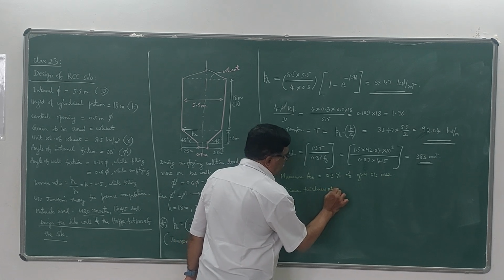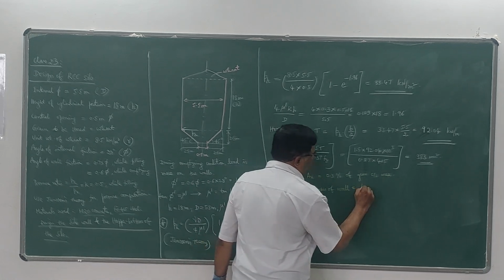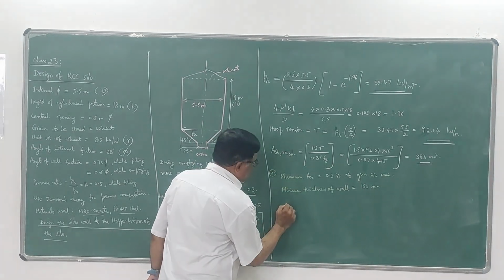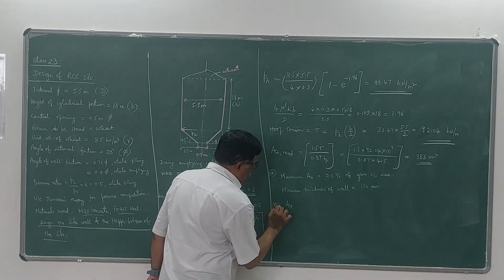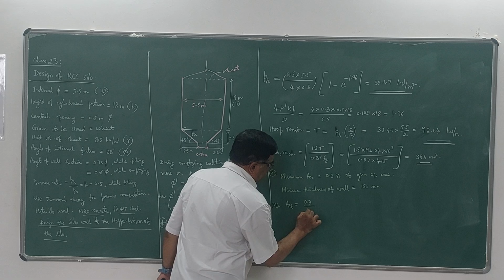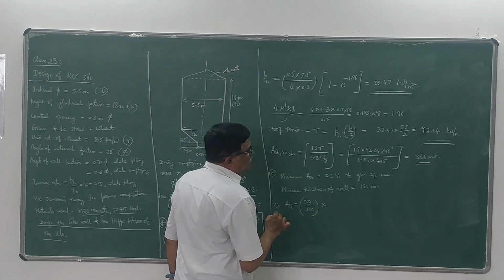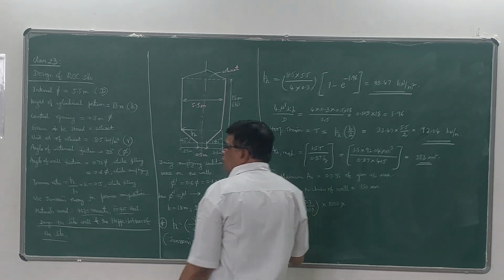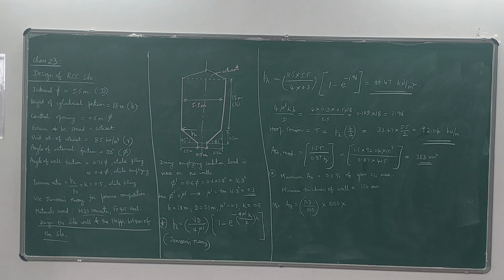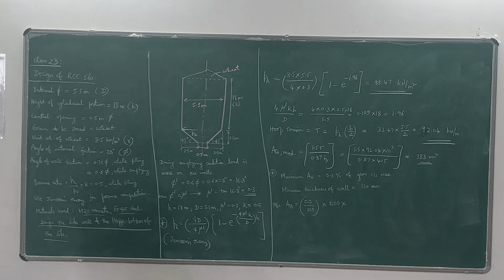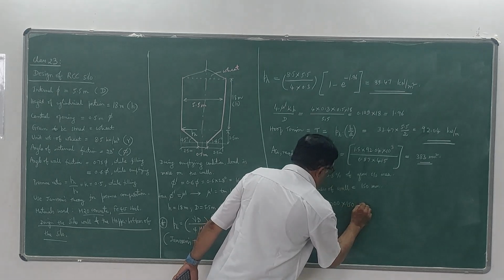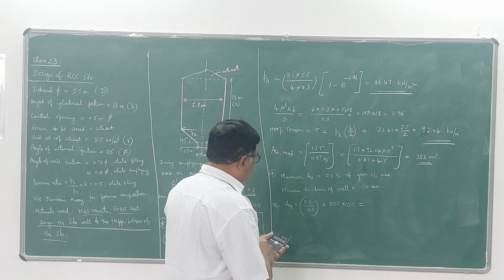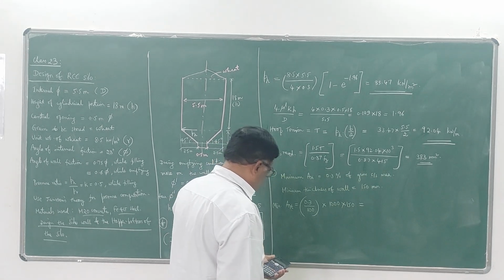Minimum thickness of wall I will take 150 mm. So if I take 150 mm thickness, minimum AST will be 0.3 divided by 100 into B, which is 1000, into 150. So 0.3 into 10 into 150 comes out to be 450